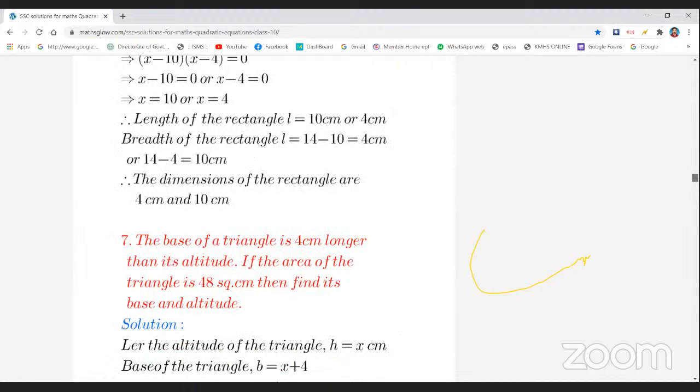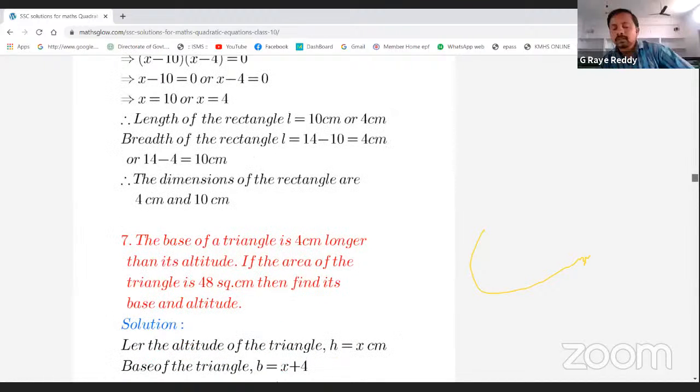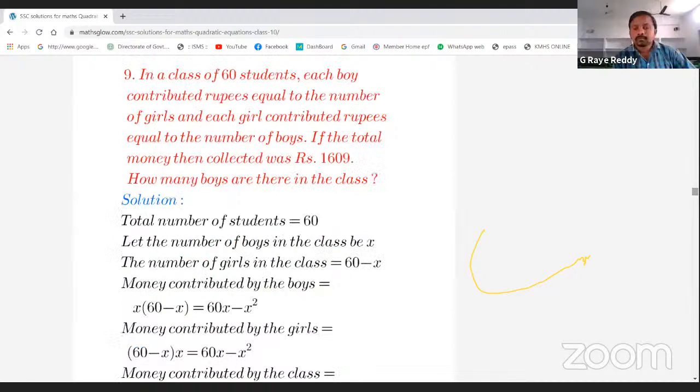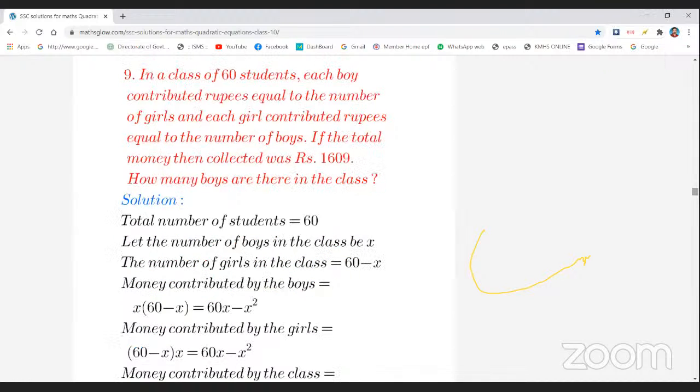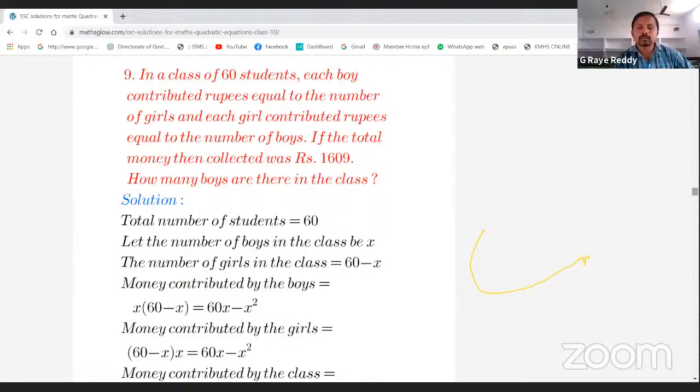Okay. Ninth problem. Students, you should not touch the screen. Nobody should touch the screen. Just watch and listen to the class. Some are doing extra, so don't misbehave. I'm getting complaints from the boys' side. So just listen to the class, and if you want to note down anything, note it down. Otherwise, listen to the class.